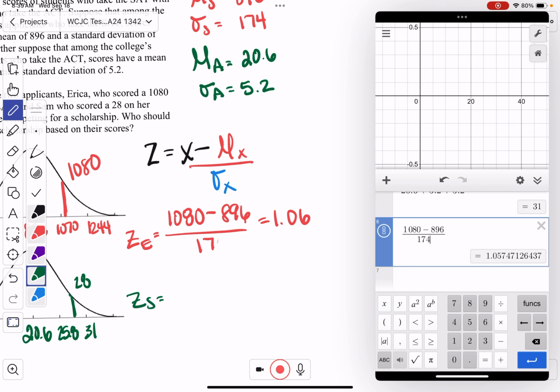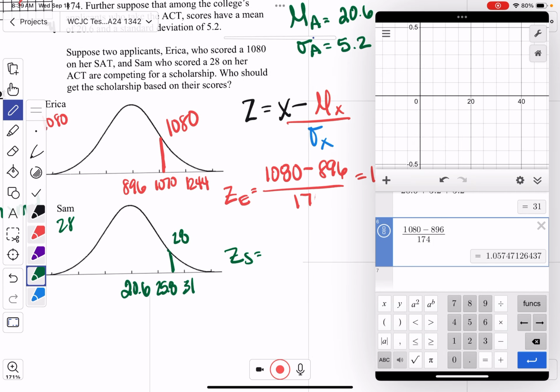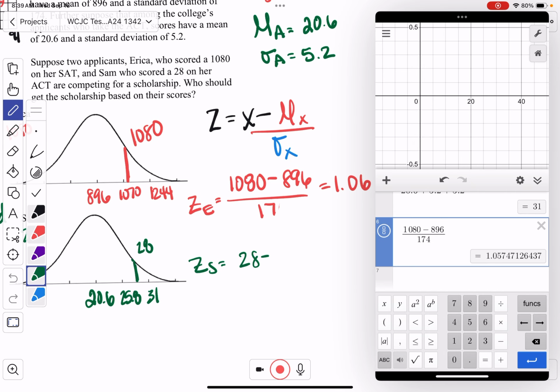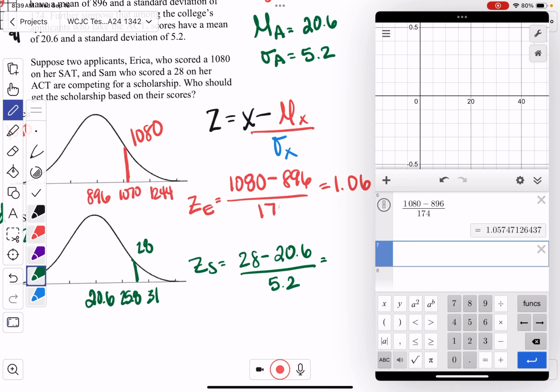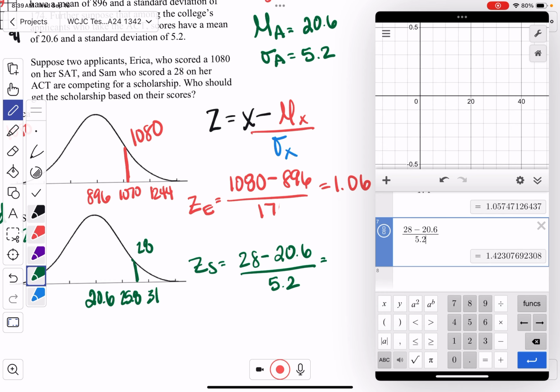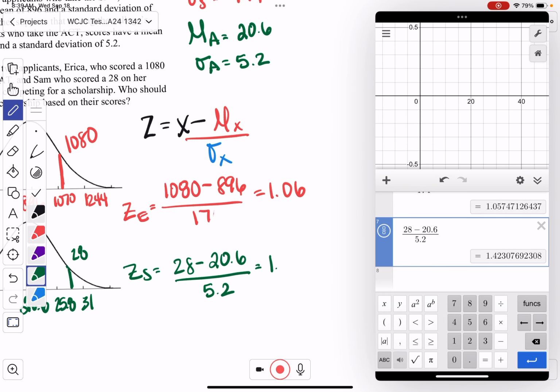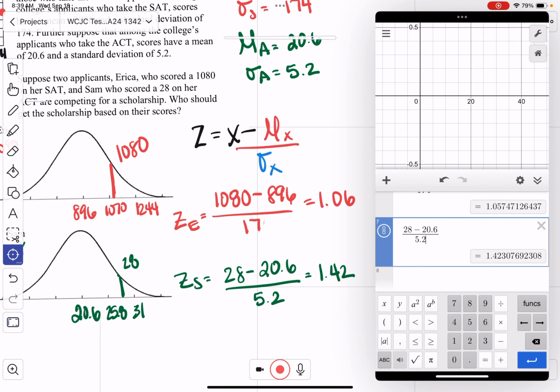Sam's z-score is equal to, she scored a 28 minus the mean, which is 20.6, divided by 5.2. And she scored a 1.42. So what that really means is when you're comparing this, you're looking at standard deviations. Erica is 1 full standard deviation and 0.06 standard deviations above her mean. Sam is 1 full standard deviation and 0.42 standard deviations above her mean, which means that we can go back and put them both on this curve now,